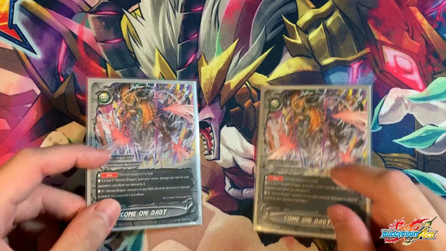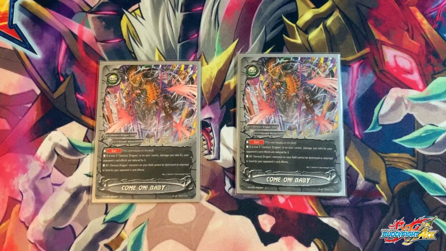The last 2 spells of the deck is 2 copies of Come On Baby. It's basically a set spell and it's pretty important for the deck because it gives you immunity against destruction decks. It also gives you immunity against burn decks. If you have a size 3 Genesis Dragon in your center, damage you take by opponent card effects are reduced by 3. So any stuff like Ataura's burn damage or even penetrate will be reduced by 3, which is great